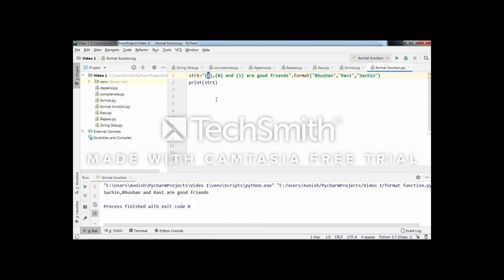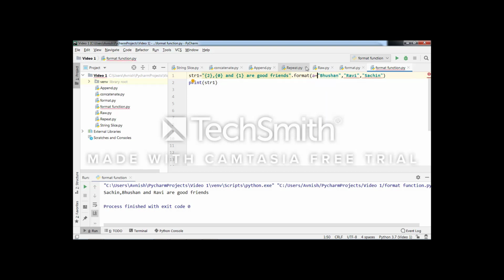Another method in the format function is passing key-value pairs. That means there will be one key and a particular value for that key. For example, suppose I want to use key-value pairs here. I will keep one variable as a and assign the first value to that variable.